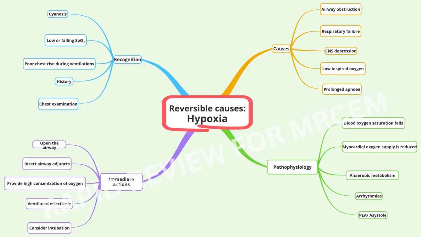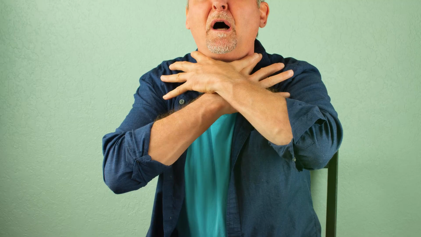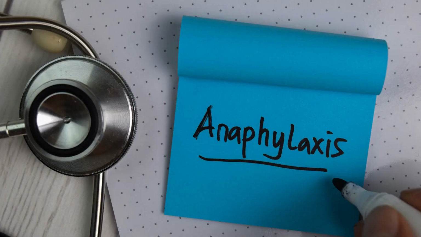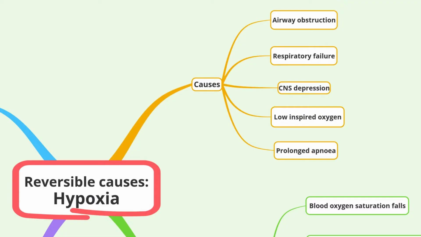Hypoxia occurs when there is insufficient oxygen delivery to the body tissues. In cardiac arrest, this often stems from airway obstruction, for example from choking, anaphylaxis, or soft tissue collapse. Respiratory failure, seen in cases like asthma, COPD, or pneumonia. Neurological depression or CNS depression caused by opioid overdose or head injury. Low inspired oxygen secondary to faulty oxygen supply or at high altitude, and prolonged apnea seen in situations like seizures